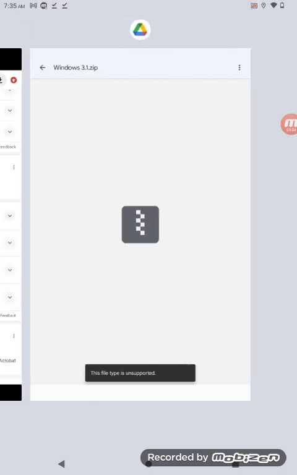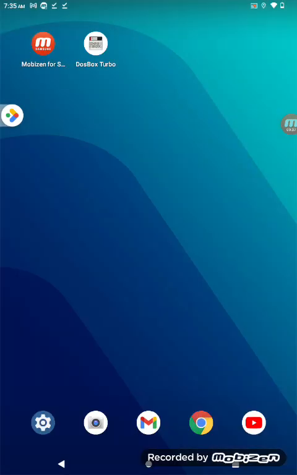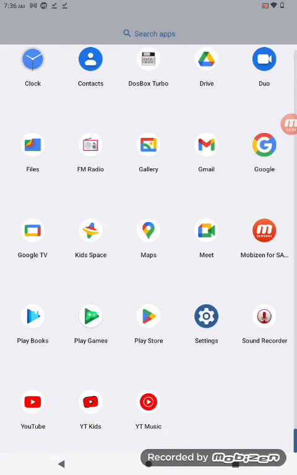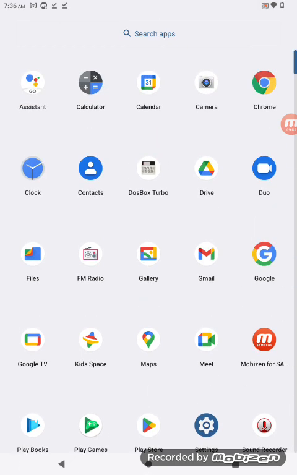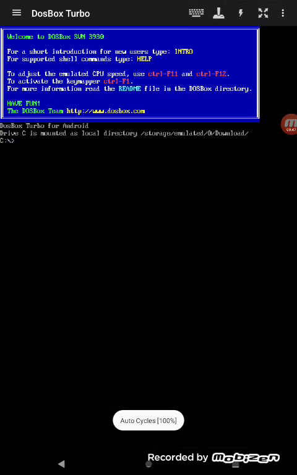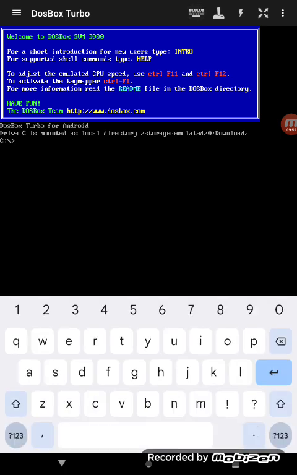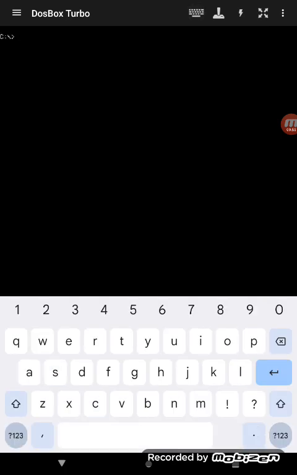Well, we go into apps. You can see DOSBox is sitting here. So if I was back on my home screen, I'd go into my app screen there. I could run up DOSBox. There it is, look. I'd have to go back and do my screen scaling and stuff. But to show you straight away, I'll just do a CLS to clear the screen so we can see what's going on. And if I did a CD Windows